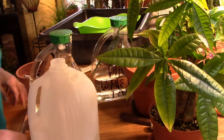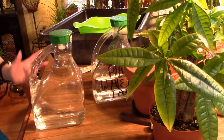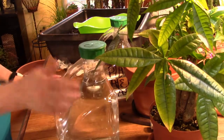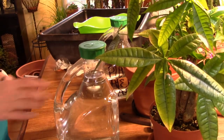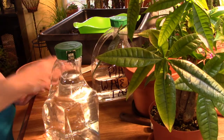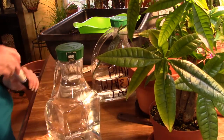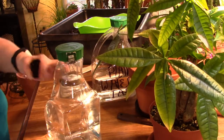Okay. Set that down. And that's all there is to it. Now I got my mineral fortified water. And this is what I'm going to use to bring the color back in these leaves. I'm going to write on here Epsom,